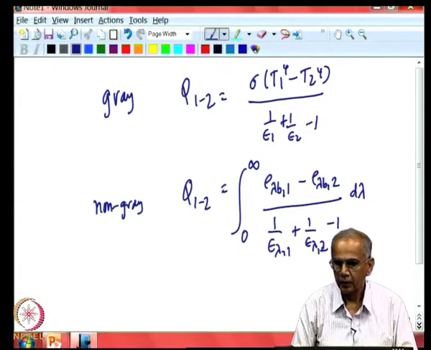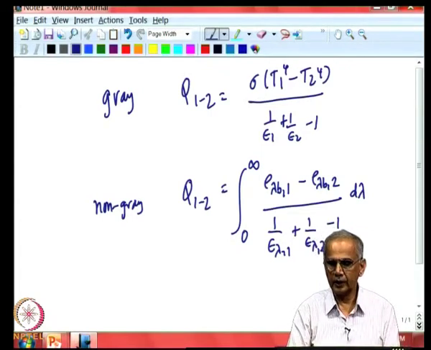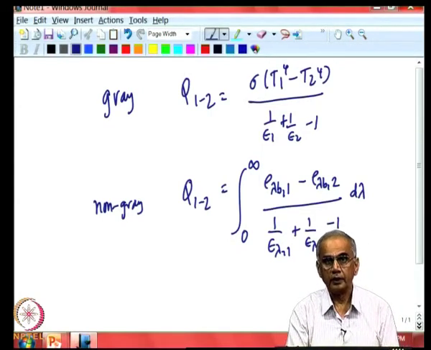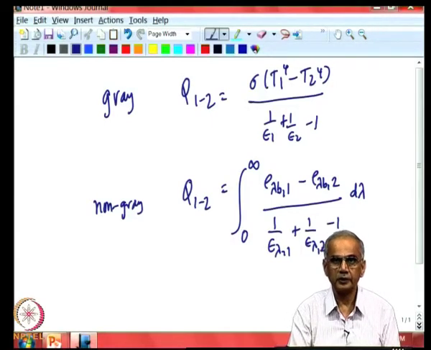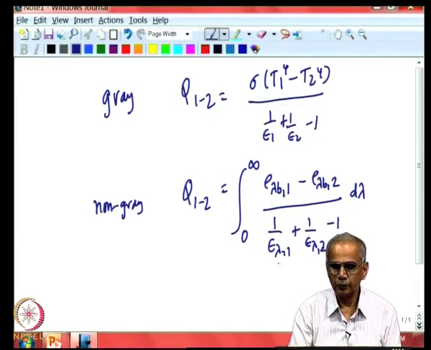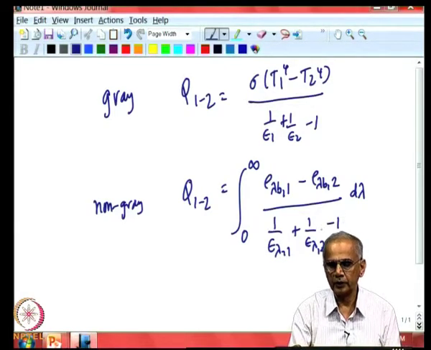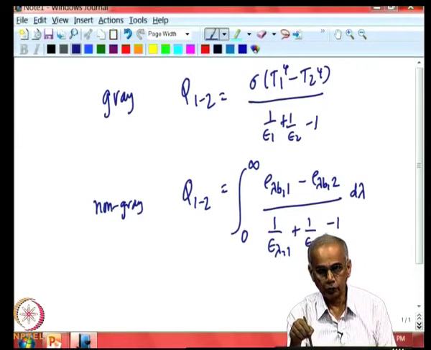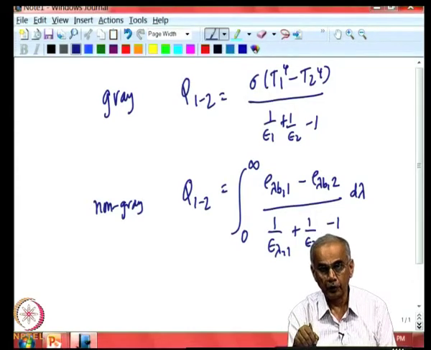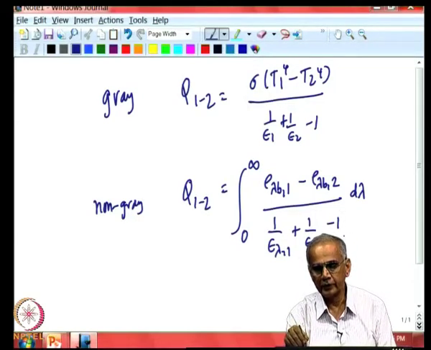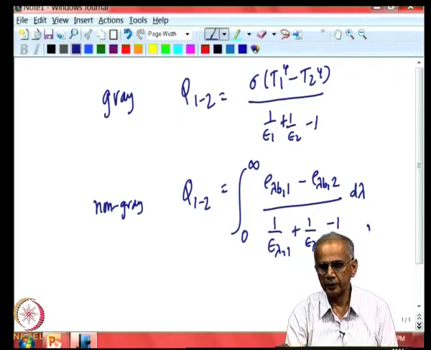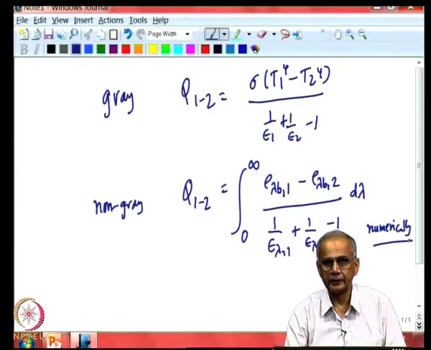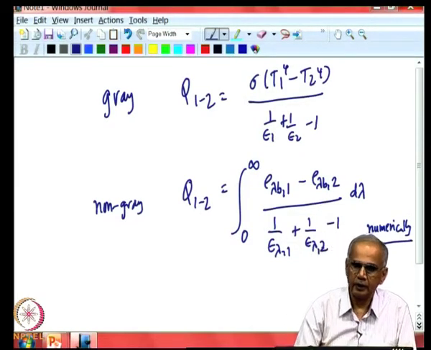into d lambda. Now, you must realize that this problem is similar to the Dewar flux problem, except that in the case of the Dewar flux problem, we assume that emissivities are so low that these two terms are large compared to this term. We neglected this term, and that made the integration easier. Here, we cannot do that, emissivity is not that small. We retain this term, so this integration has to be done numerically. You cannot do that analytically. So, this has been done numerically in that NASA report.